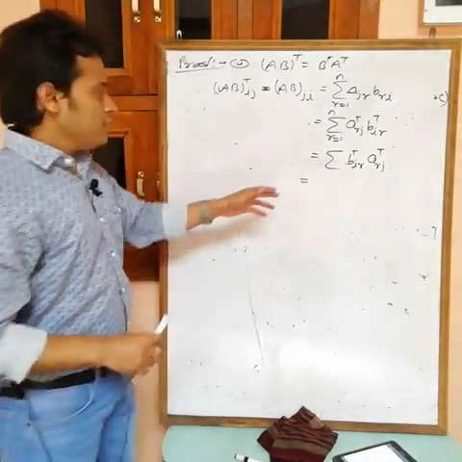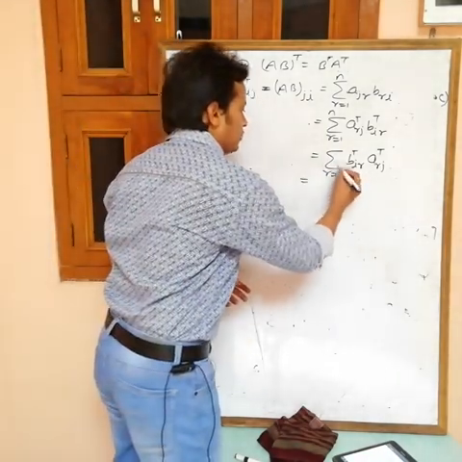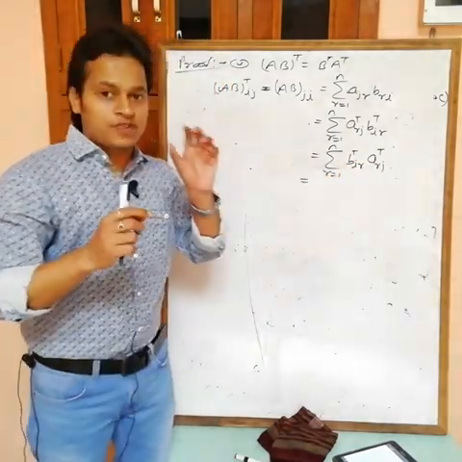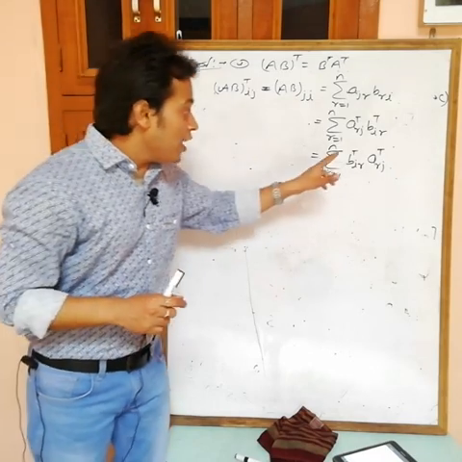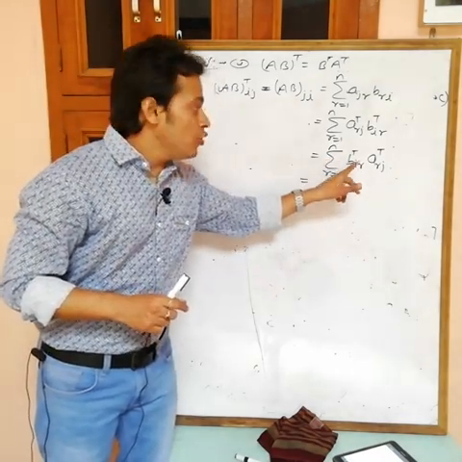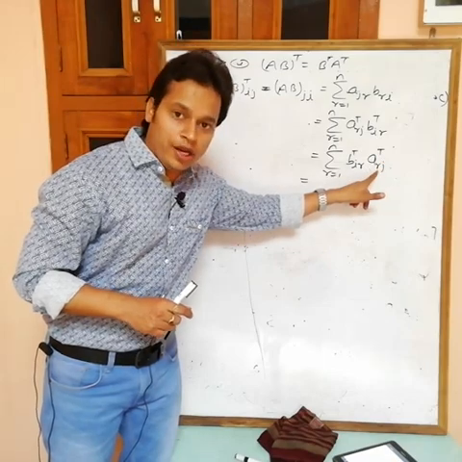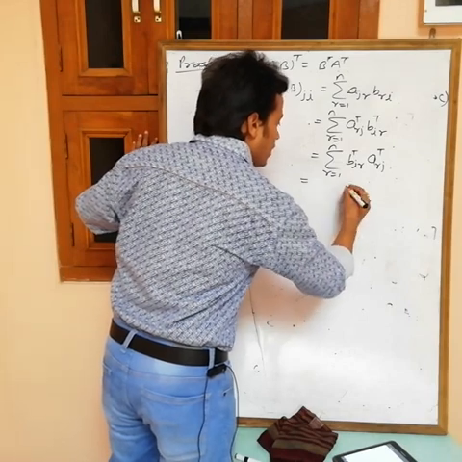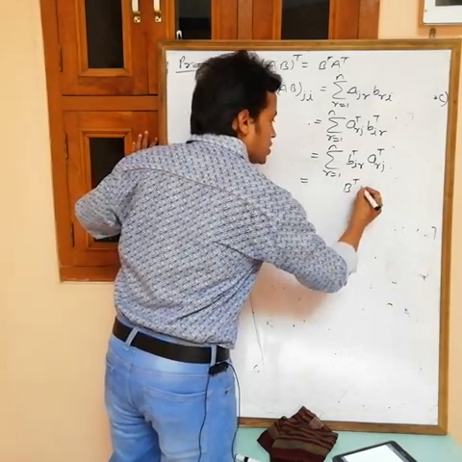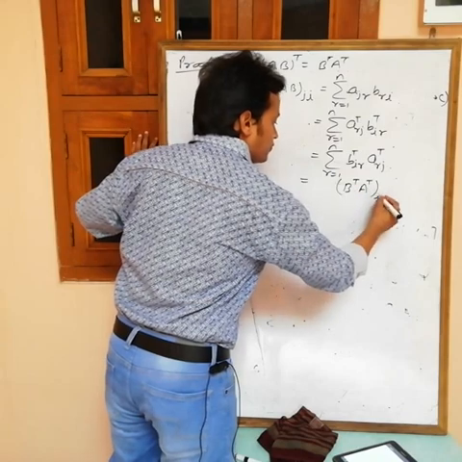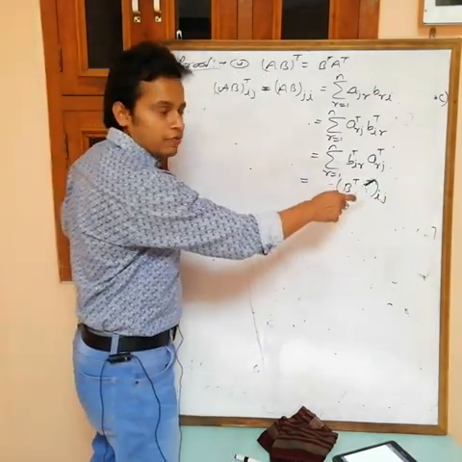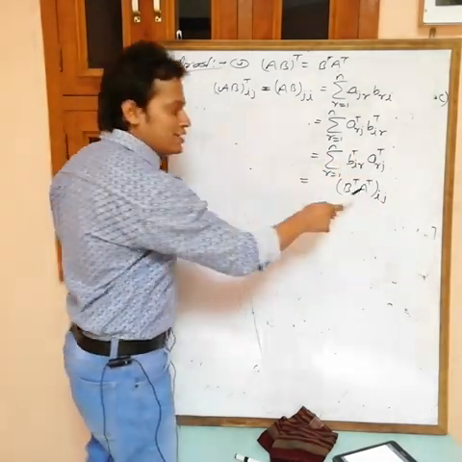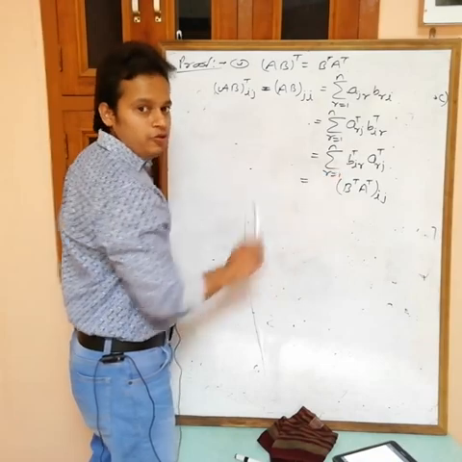Now actually, in this one, the meaning is R equals 1 to N. If you put the value of R from 1 to N, then you will get the sum of the product of the ith row of B transpose with the jth column of A transpose. So this is the ijth element of B transpose and A transpose. If you put R equals 1 to N, then this complete sum is the ijth element of B transpose into A transpose.